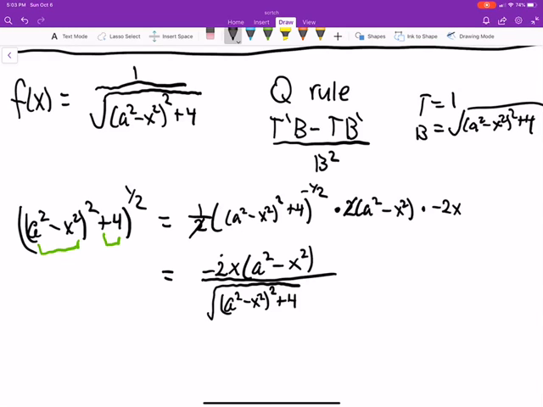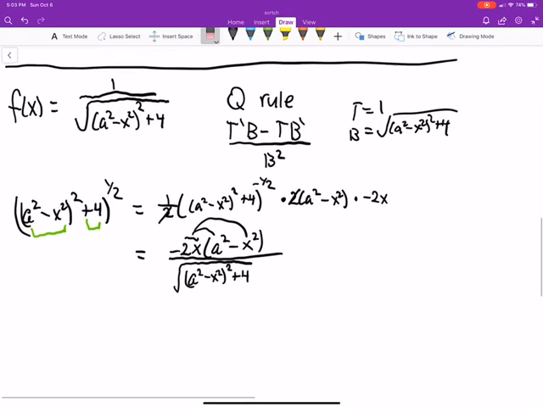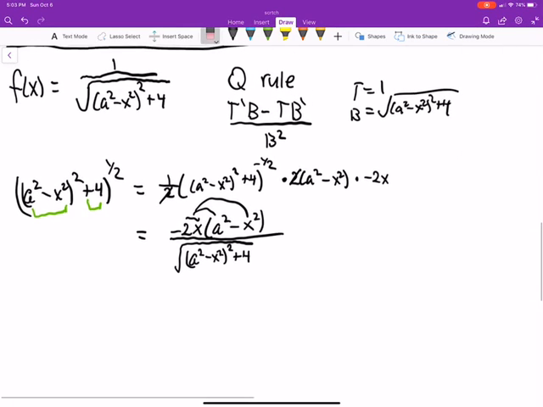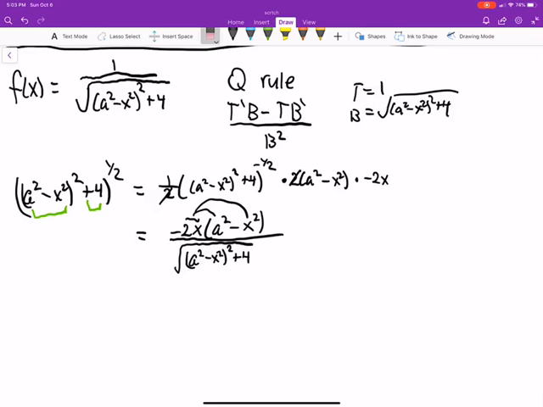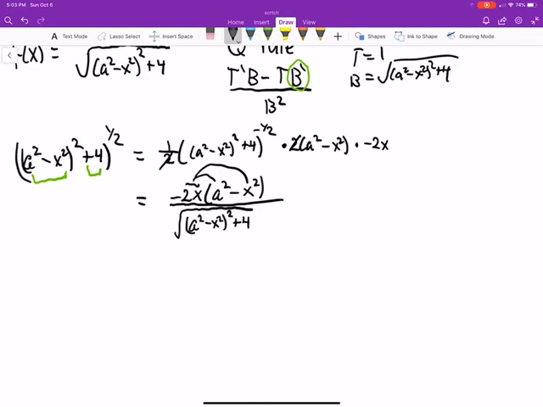You could distribute this because they're all to the power of 1. I just chose not to. Oh yeah, and then also this is the derivative of the bottom, right? So what we would have, that's the hard part, but we still have to do the quotient rule. So derivative of the top is 0, that doesn't matter. And the top is just 1. So really, we just want the derivative of the bottom, then all divided by the bottom squared. So this whole mess